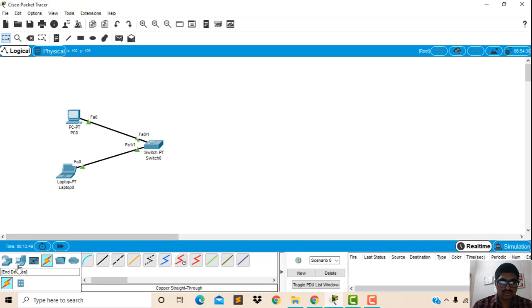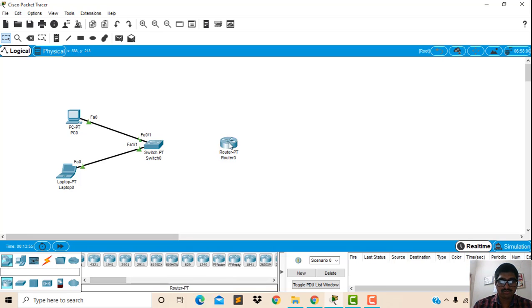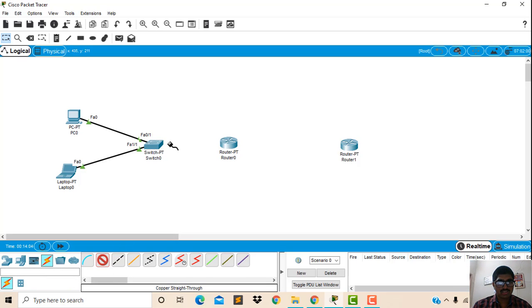Now this switch we will connect with the router, that is the PT router. I will connect with the copper straight through cable, switch to router, fast Ethernet.